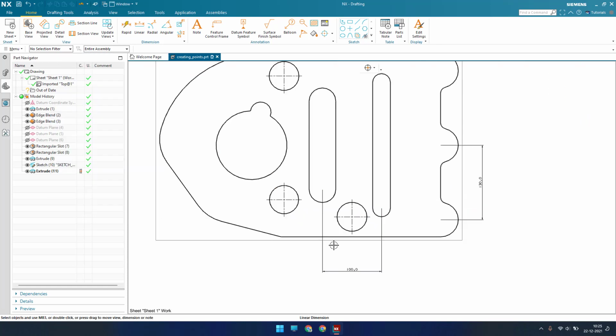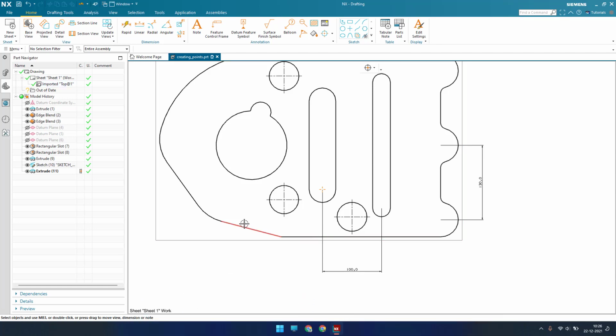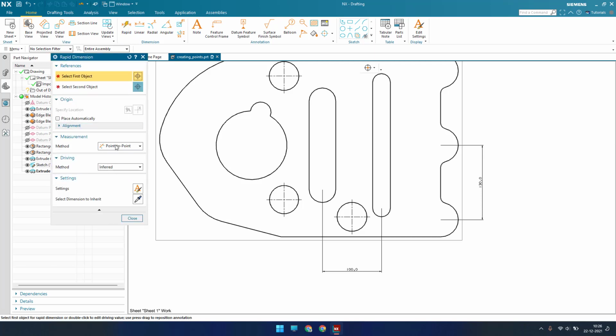If you are giving a horizontal dimension, you can just give it like this, or else vertical like this. Suppose you want to give a dimension along any direction, from one point to another point, you can just go to rapid dimension and change this to point to point. Whatever the measurement method is there, you can just change it, and now you can select this point to this point.